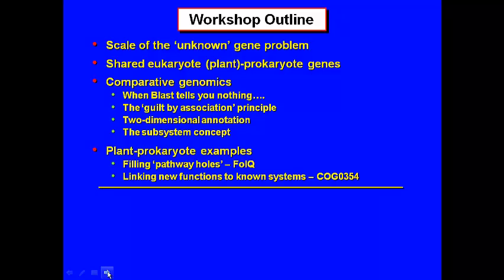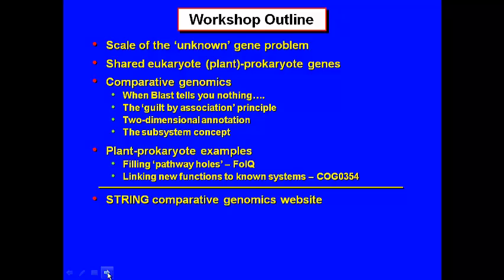Then we'll briefly learn and do some exercises on the STRING comparative genomics database, or website database and tools. This is a very good place to start a comparative genomics project. It's totally automated. There's nothing you can change about it, but it's very rich and it's getting richer. It's a great place to learn about. We won't spend very long on that. It's very intuitive. Once you know how to use it, you can just follow logic.